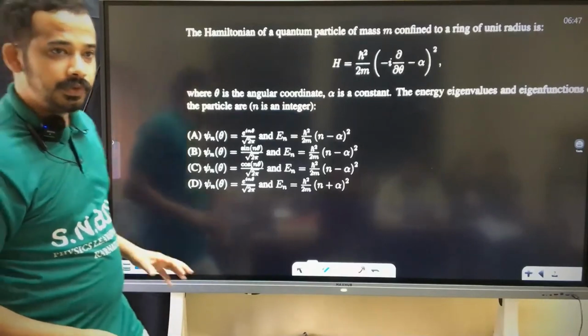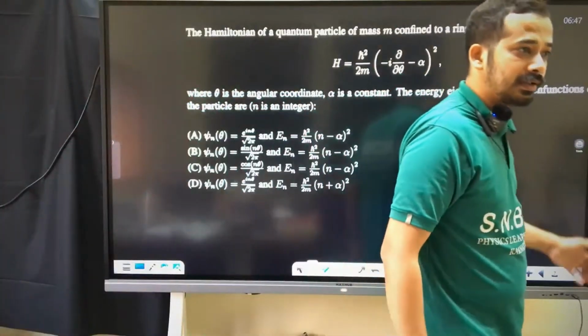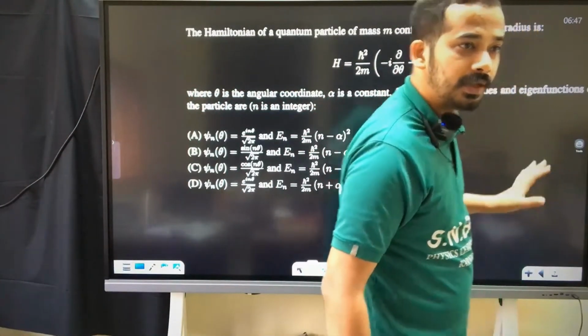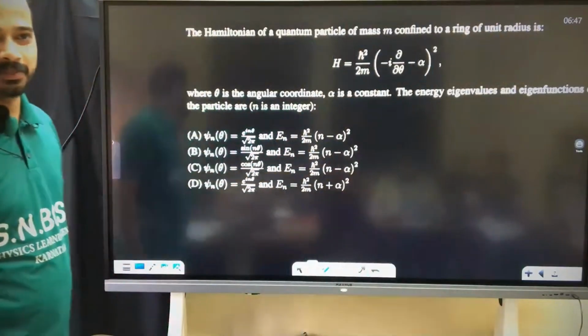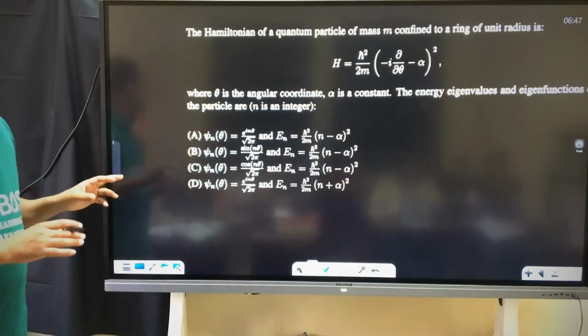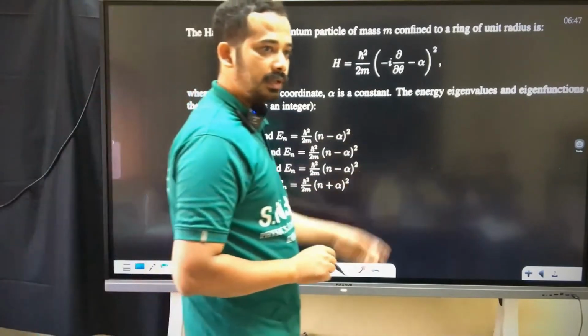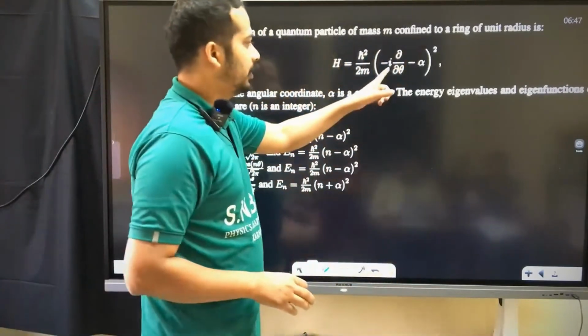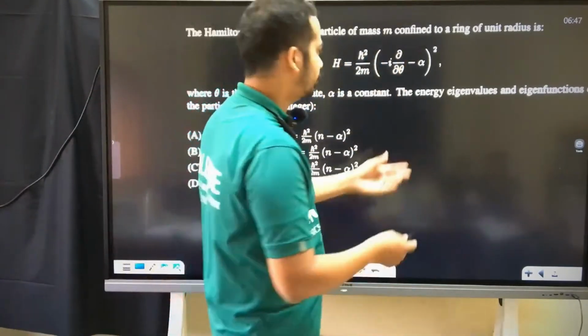If you are stuck to that notation, if you are confined to that one, then you can't apply it anywhere. If you grab only the logic out of that one, you can apply it in many places. Am I right? Theta is nothing but phi. I will take phi. Why not?